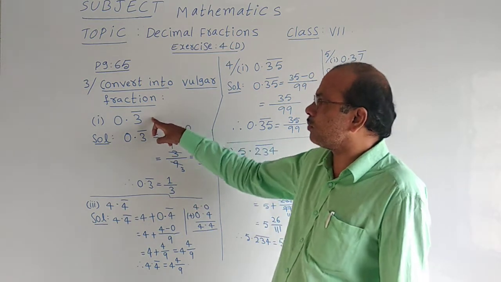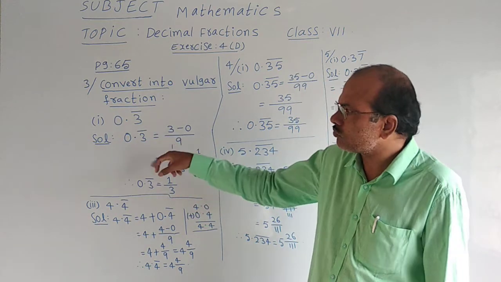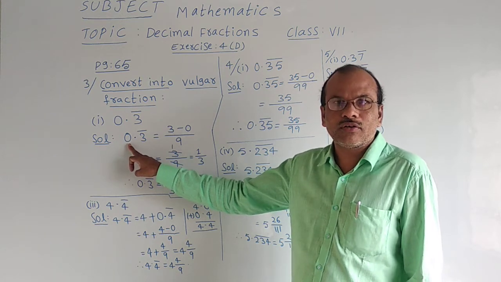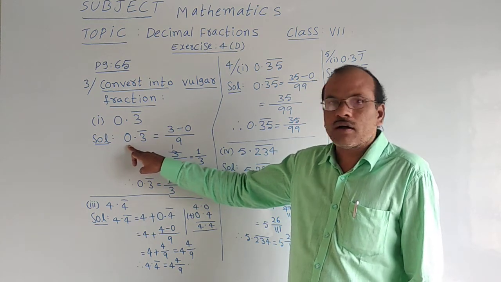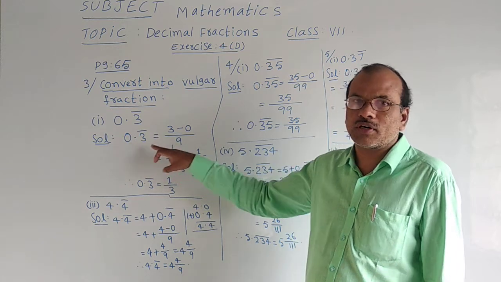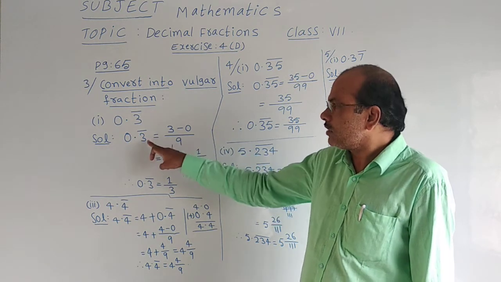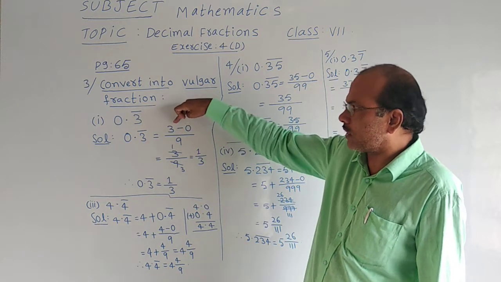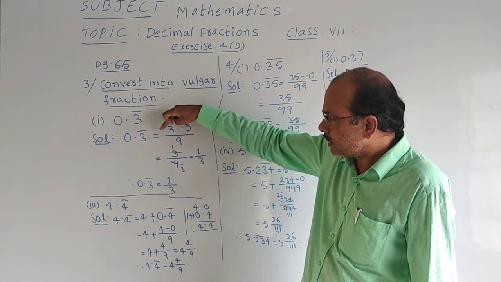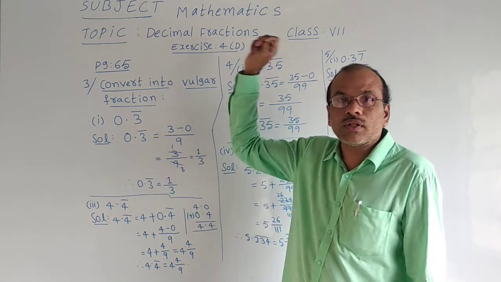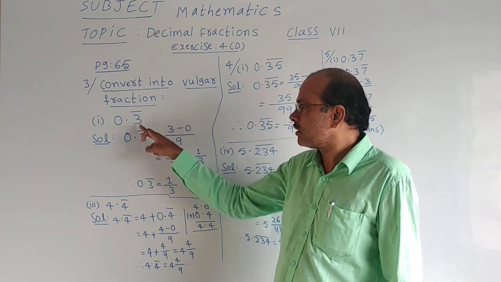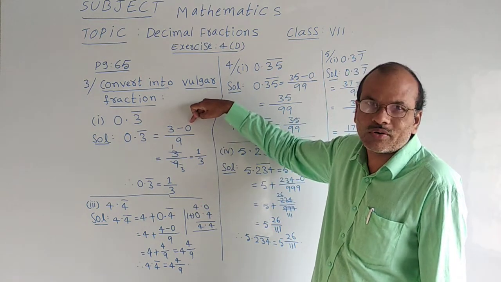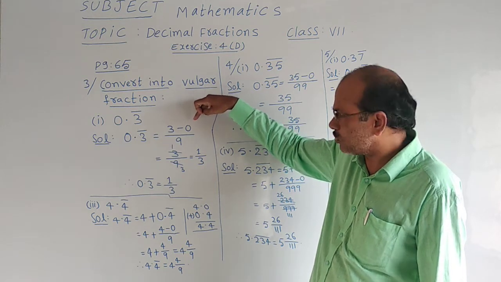See once this 0.3 bar. 0.3 bar is equal to, here 0 is there, no? Here should be 0 for us to continue this process. Then that 3 only I have taken, which is under the bar, minus, in this decimal part too, no other digit is there. No other digit means that can be 0. Nothing is there, no? That is 0 only.